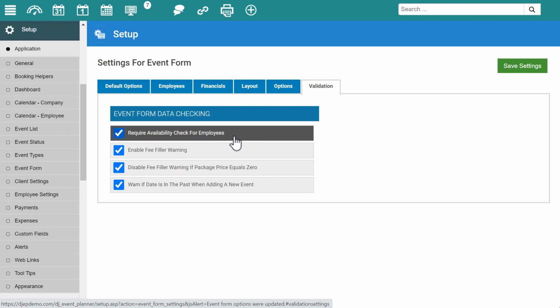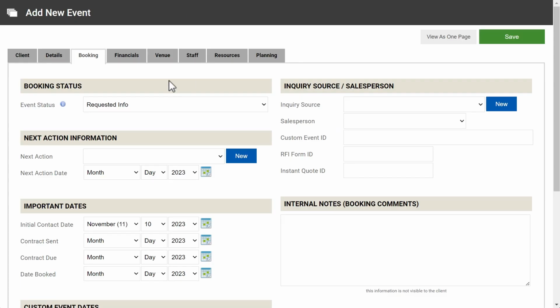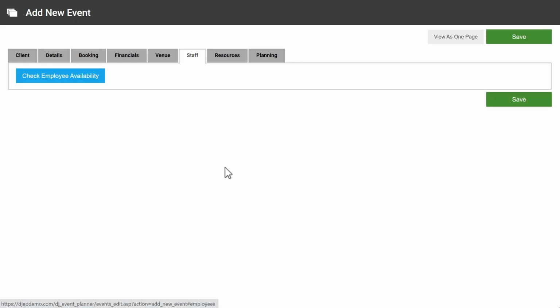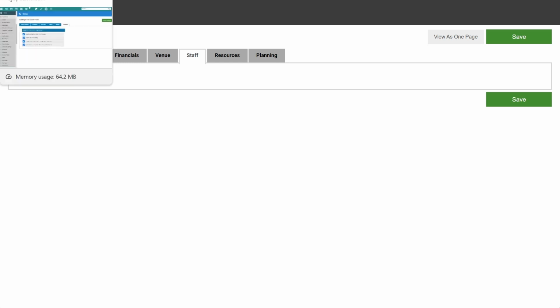The first one, require availability check for employees, I definitely enjoy having enabled. What this does is it forces you to double check the date prior to adding an employee to an event. So when you're editing an event and you get to the staff tab, instead of being able to select an employee, there's a button here that you must click on, which will open up in a new window, and it will show you all of your employees as well as what events they already have assigned to them. It's a great fail-safe to double check your work and make sure that you're not double booking yourself or double